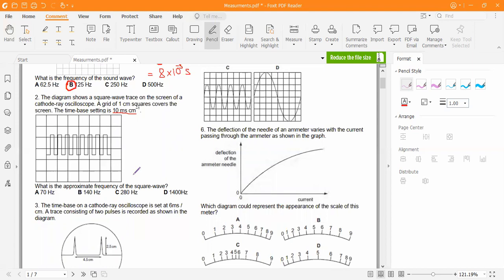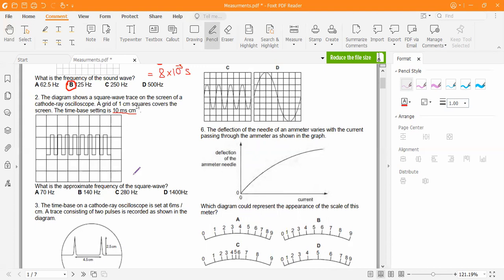So how will you determine the frequency in this case? What do you think? We will apply the same formula, the one we did in the previous question. But the thing is, in this case, it is more difficult to find the frequency. So there are two ways. One way is less accurate, one way is going to be more accurate.